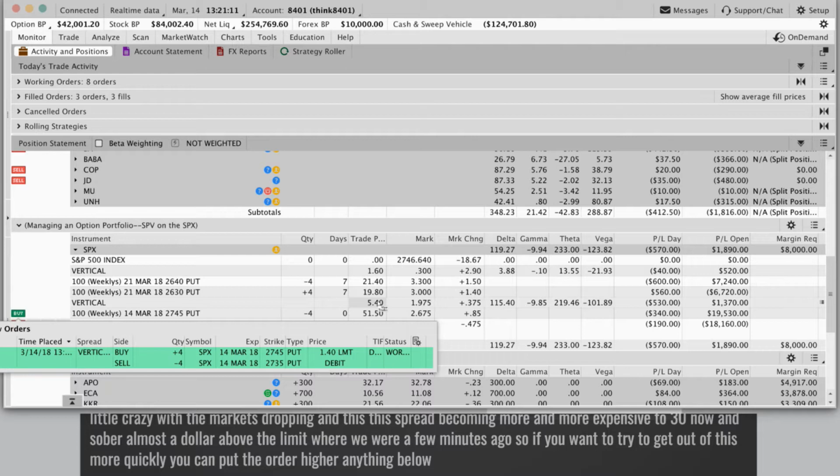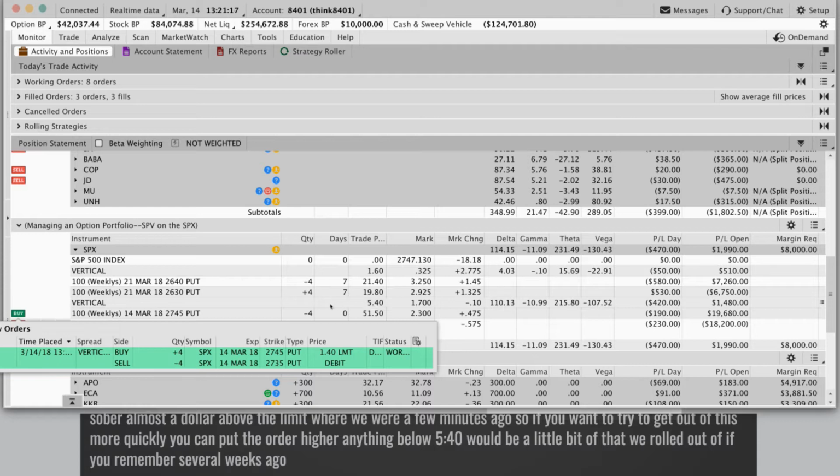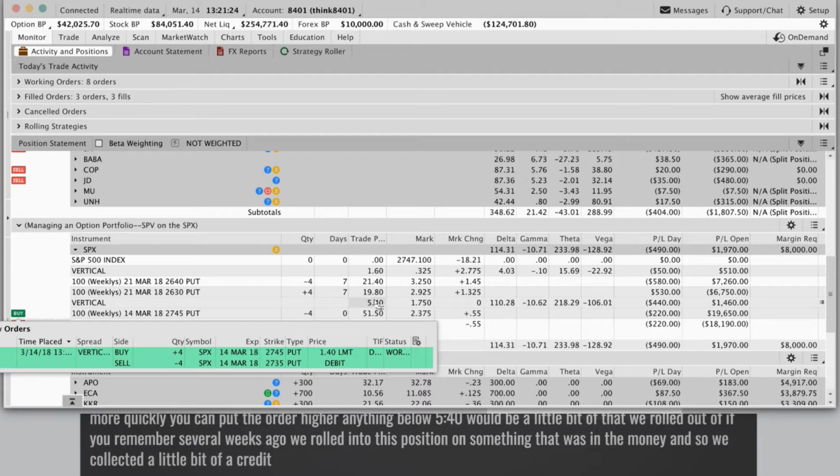Anything below 540 would be a little bit of a profit, but this is one that we rolled out of. If you remember, several weeks ago, we rolled into this position on something that was in the money, and so we collected a little bit of a credit here, I believe, maybe some debit, and it is a profitable position. But these numbers are,